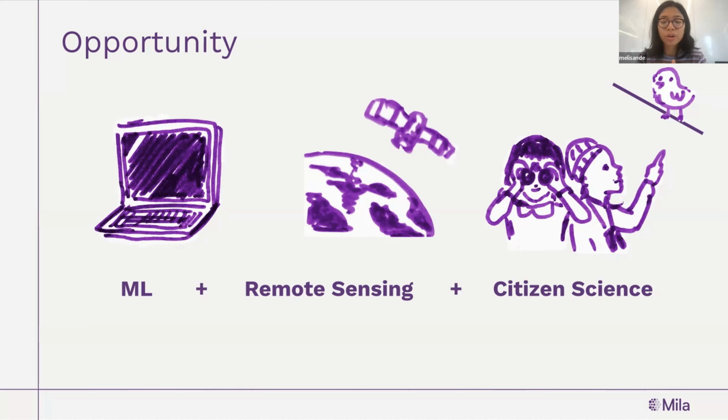And in order to tackle the challenges associated with limited field survey data, we thought, how about we take citizen science data, which are basically data that you or I can collect, and it's usually very, very rich and available in more places than what you would have for field surveys.